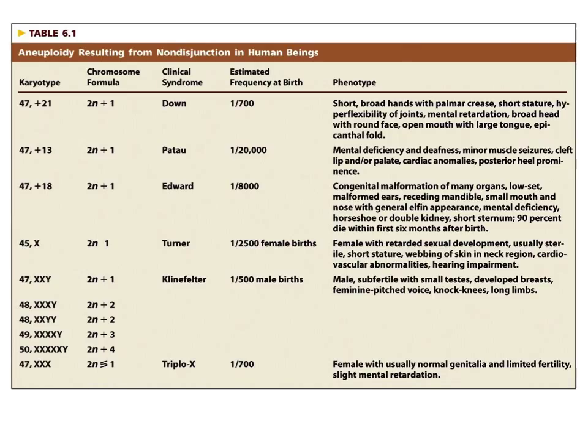Here is a table of a bunch of aneuploidies that result from non-disjunction in humans. You have Down syndrome, you have Patau syndrome, Edwards syndrome, Turner's we've talked about, Klinefelter's we've talked about, Down's we've talked about. How many of you have heard of Patau or Edwards syndrome before? Just go through and read these. They do actually, like Down syndrome, we have individuals with these syndromes. Here are just some of the phenotypes.